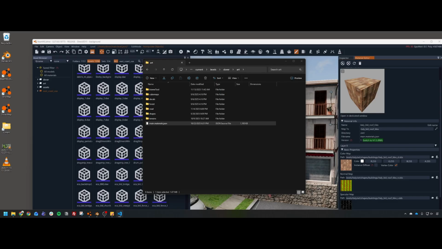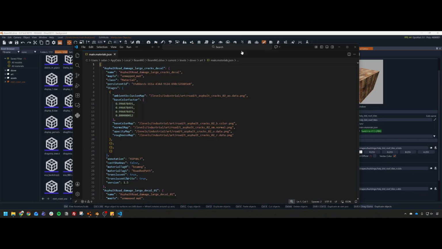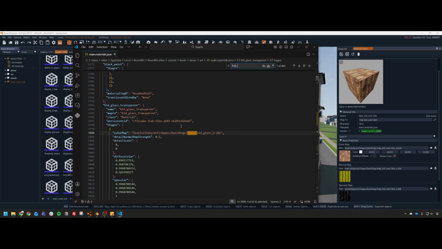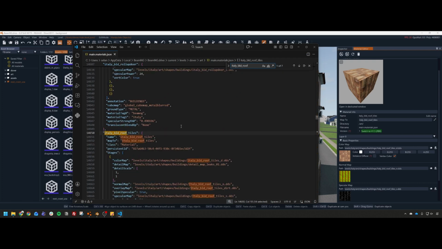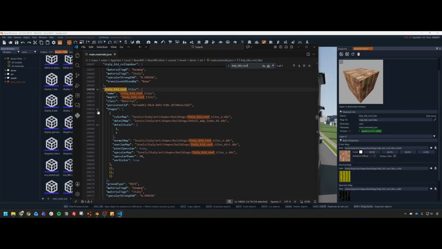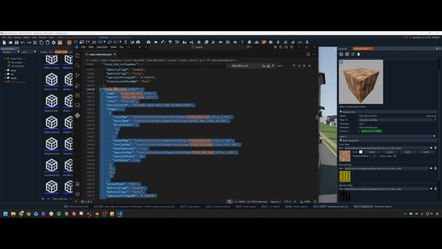I'm gonna open it up, and I like to use Visual Studio Code. You can use Notepad++, but you need some sort of text editor. And then if I look for, let's just say I use that same one, Italy building roof tiles, Italy underscore building roof. Lo and behold, I have an entry right here. This whole thing right here is one material for that